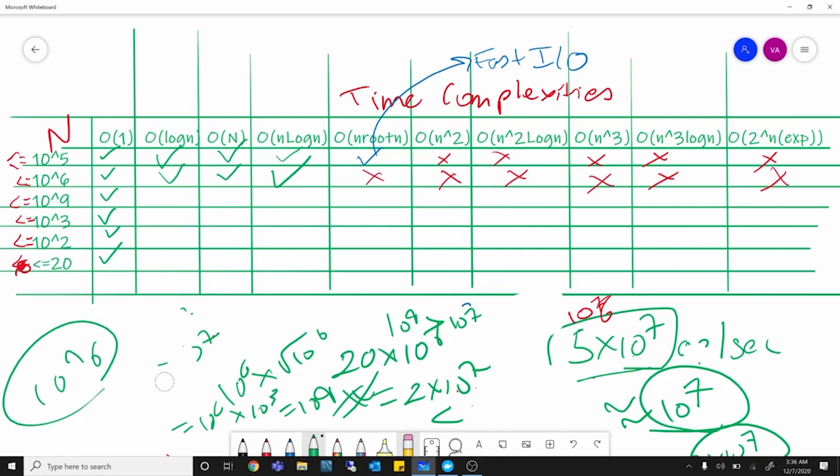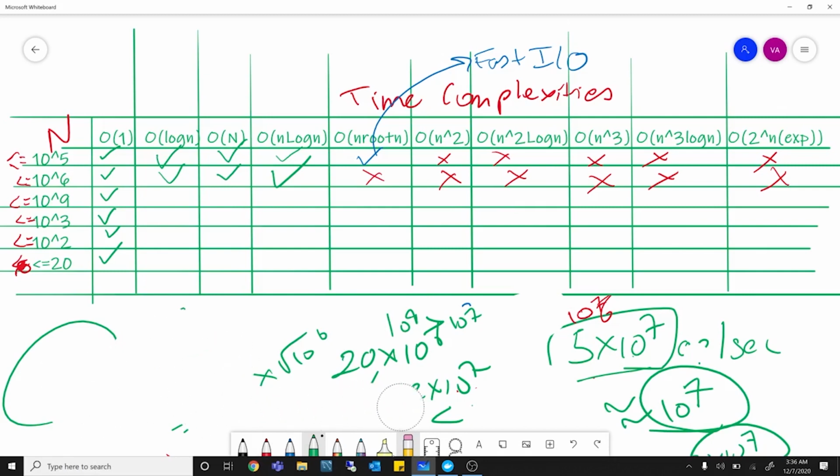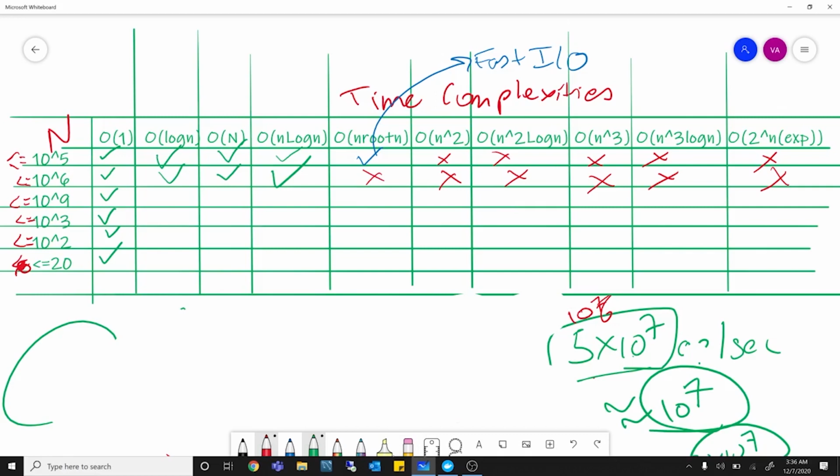So now let's move on to the next complexity. This is also a complexity you find quite often in questions, which is 10 to the power 9. In 10 to the power 9's case, you can see that definitely O of n is invalid, right? And as I discussed earlier, all of these are in increasing order. So if O of n is invalid, O of n log n, O of n root n, and all of these are also invalid as well.